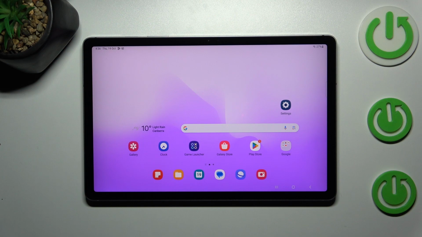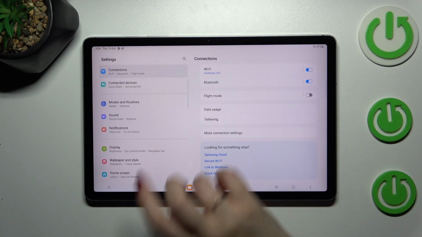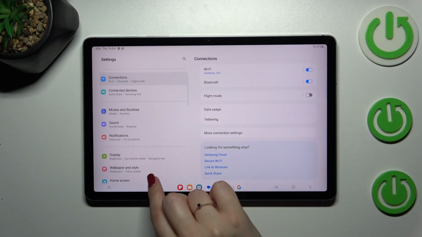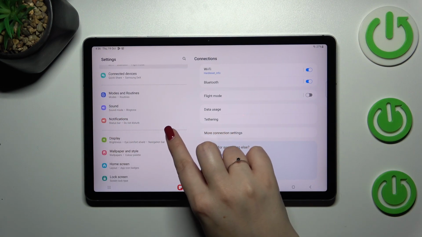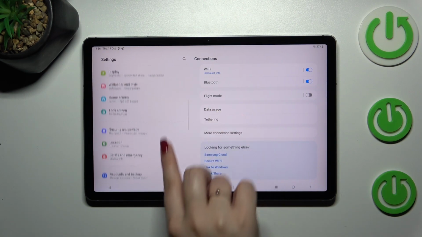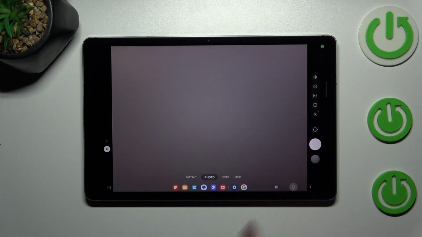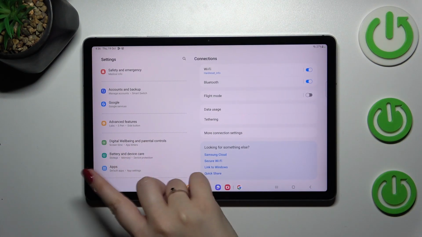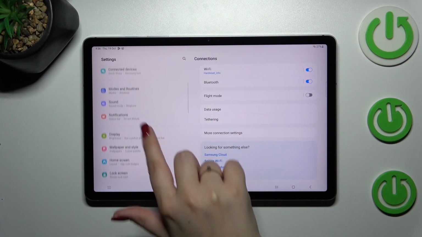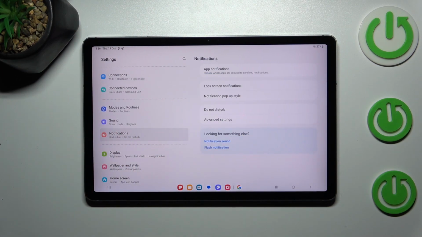on the status bar, simply enter the settings, and here in this left section we have to find the notifications, which is not really intuitive because usually we will just go to the battery options. However, there was a misclick, of course. However, for some reason it is not in the battery but in the notifications, so let's tap on it, and